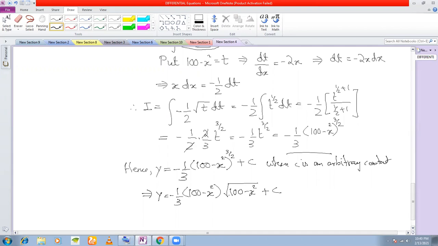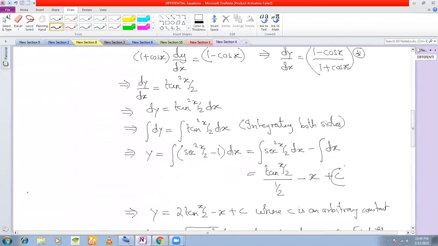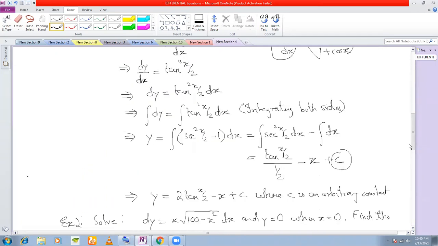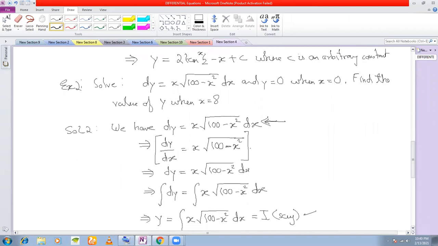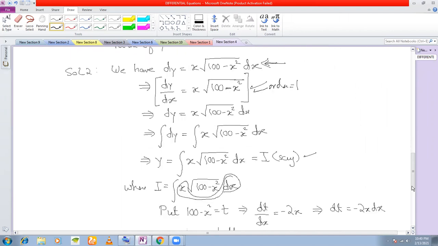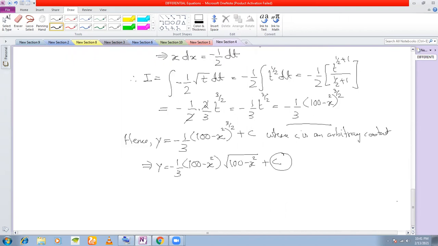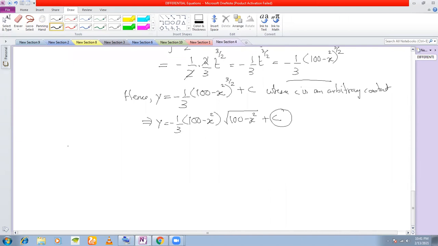Okay. So now what you notice here in both the differential equations that I have solved, you are getting only one arbitrary constant, which is very evident. Why? Because what is the order of the differential equation? 1. So you'll definitely get only one arbitrary constant. See here also, in the second case, what is the order here? Order here is 1, right? So that is why, since order is 1, you are getting only one arbitrary constant here. Clear with this? So this was the most simple type of differential equation that you get.